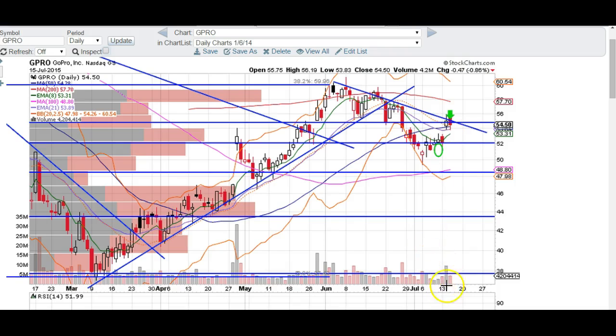So pretty big gap, and if you look at this volume on a GPRO, this volume is deceiving because when you have volume this big, you want a more solid candle. You want a bigger body on the candle. You want a more volume candle to be like this candle. See how the shadows on either side are a lot smaller and the body is a lot longer? Okay, that's what you want to see if there's a lot of volume. And then it would have broken over this trend line, and that would have been a good long signal, but it didn't. It formed a longer upper shadow here, and then it's followed by a dark cloud cover